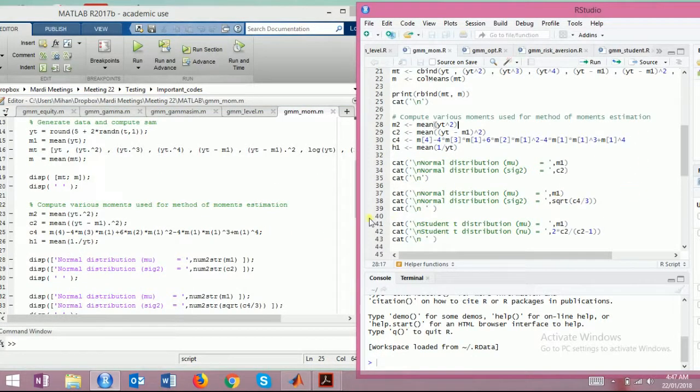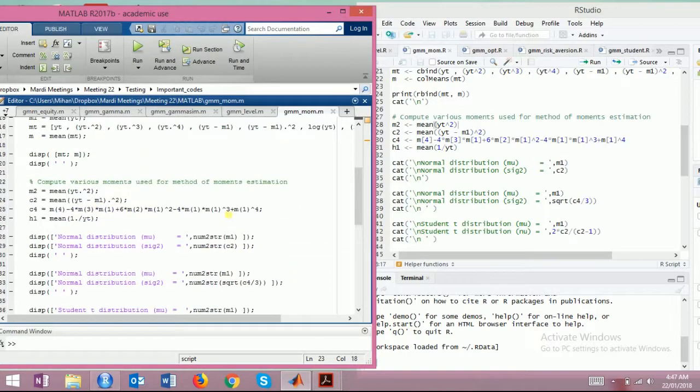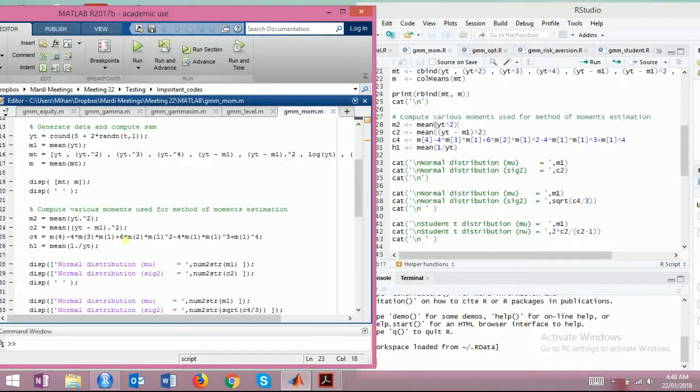Compute various moments used for method of moment estimation: m2 is the mean of y squared, c2 is the mean of (yt minus m1) squared, and c4. These are centered moments. We're talking about centered moments here, so c4 is m4 minus 4 m3 m1 plus 6 m2 m1 squared. So this whole thing, m to the power 4 minus 4 m3 plus 6 m2, is coming from